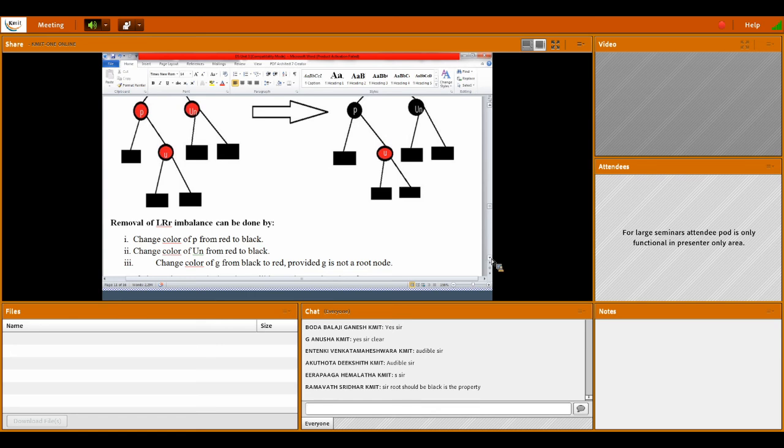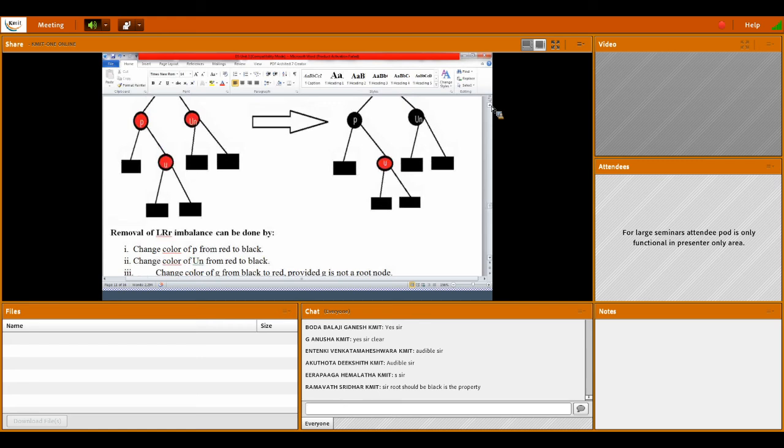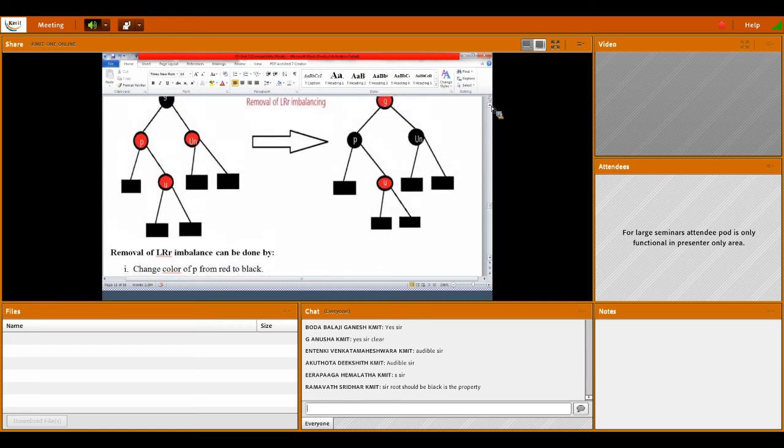And after that, now you have to go for G, the grandparent. So what is the color of the grandparent? Originally black. And now you made this one black, this one black. So then the count will vary in a complete tree.